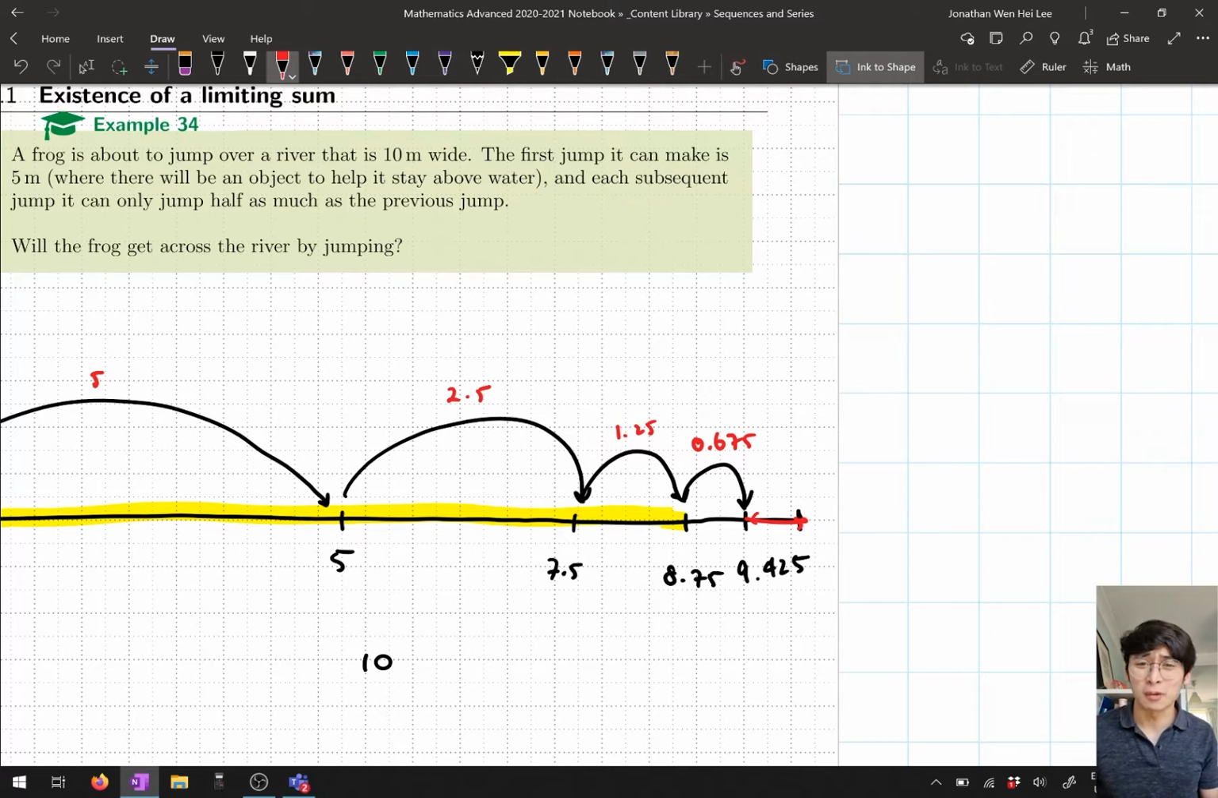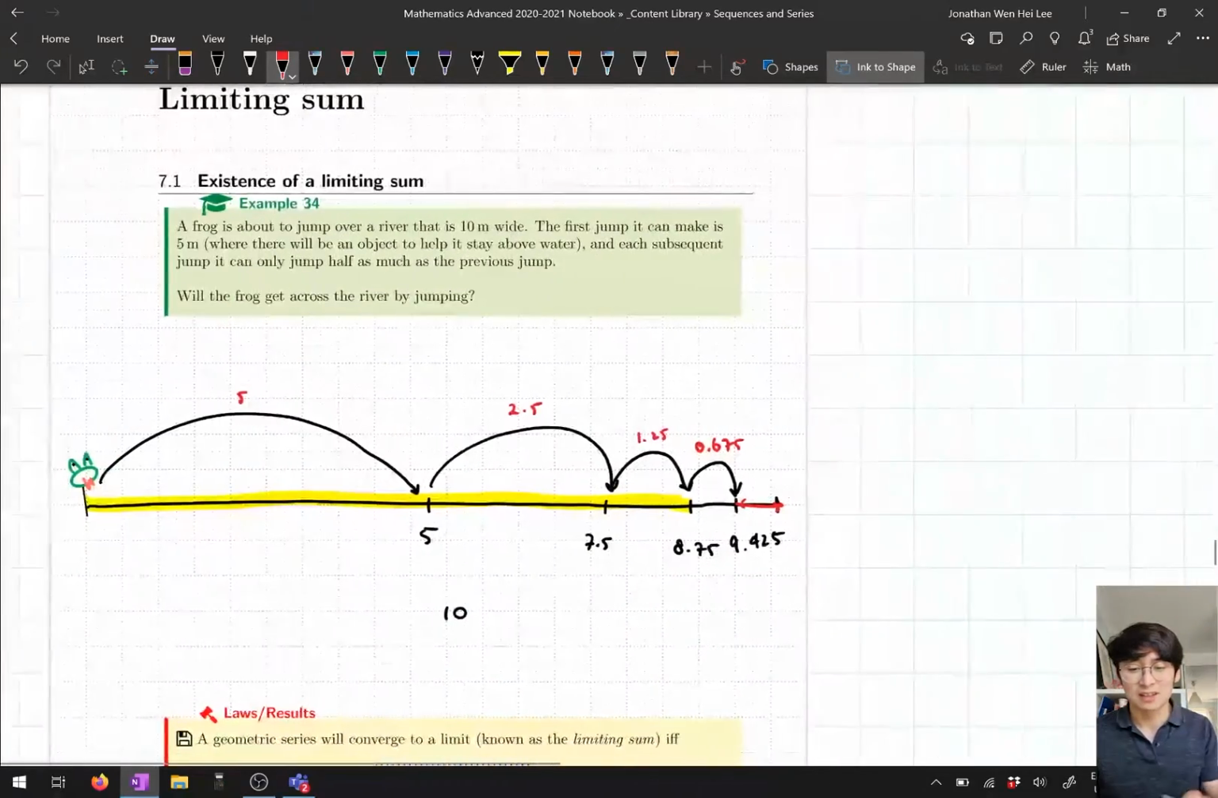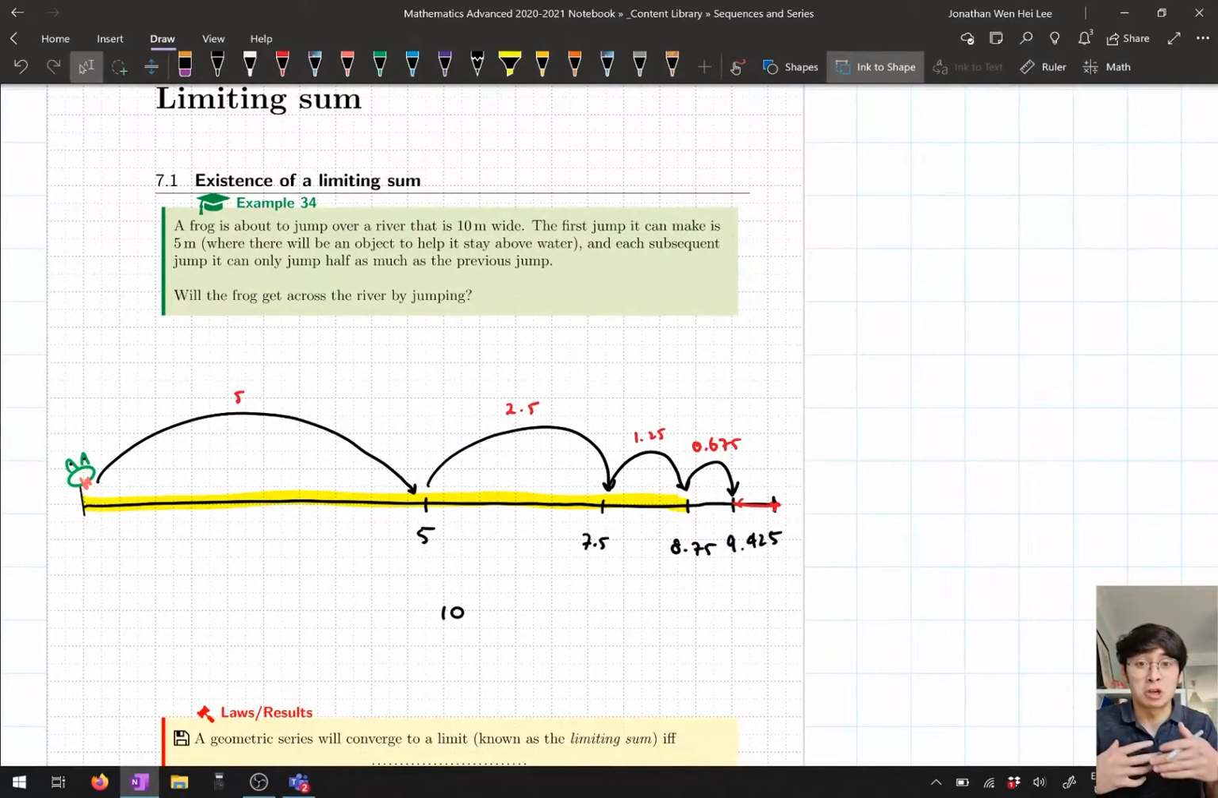But that doesn't make any sense. We can see, hang on, if we keep just doing this, it should eventually reach 10. It just doesn't make any sense. The frog doesn't actually reach the other side. And this is actually a fairly famous paradox called Zeno's paradox,